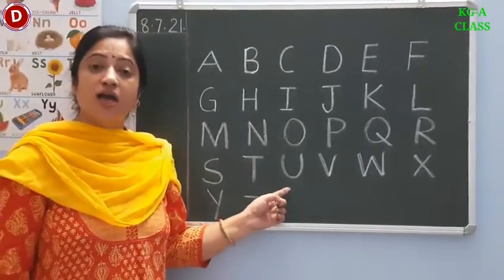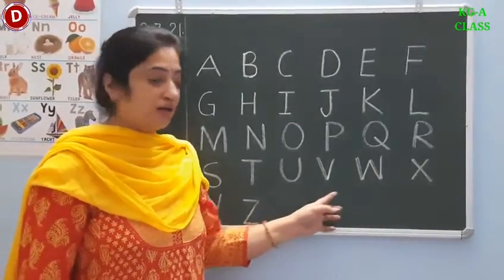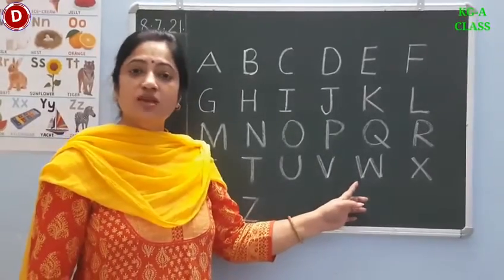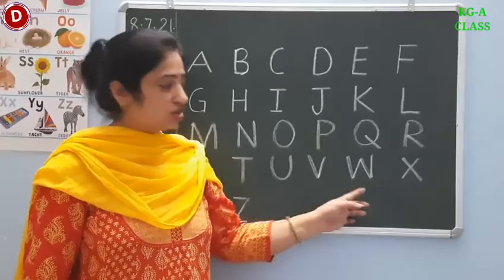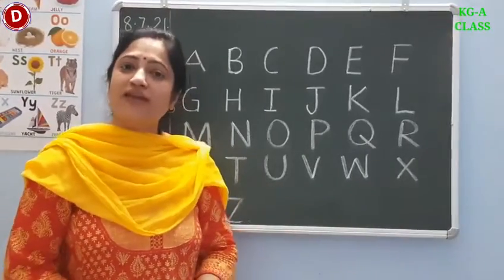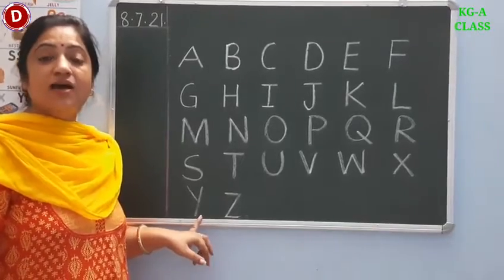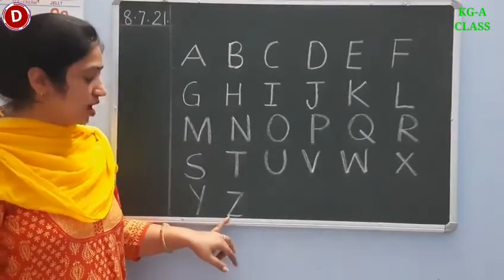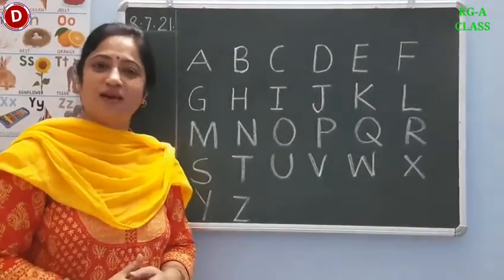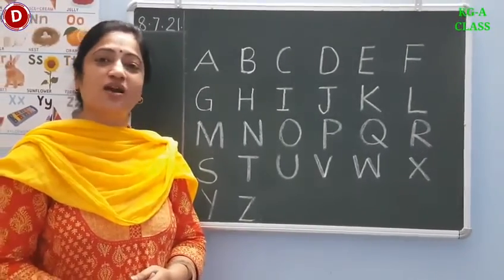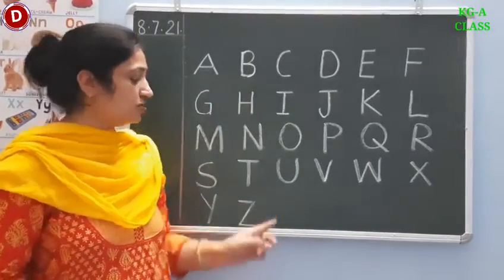U says U as umbrella. V says V as van. Now comes W. W says W as water, as watch. Now comes X. The sound of X is X. Y says Y as yak, yellow. Now comes Z. Z says Z as zebra. Children, in this way you have to learn the songs and sounds of the letters A to Z the way